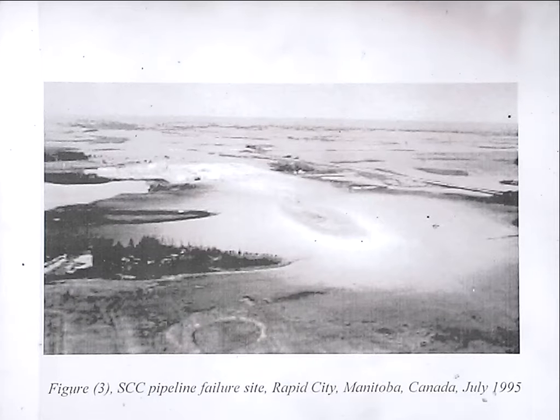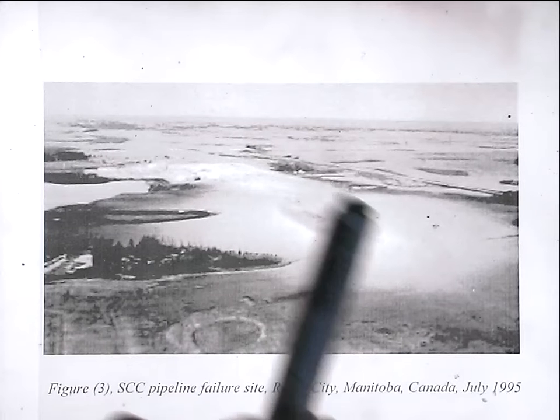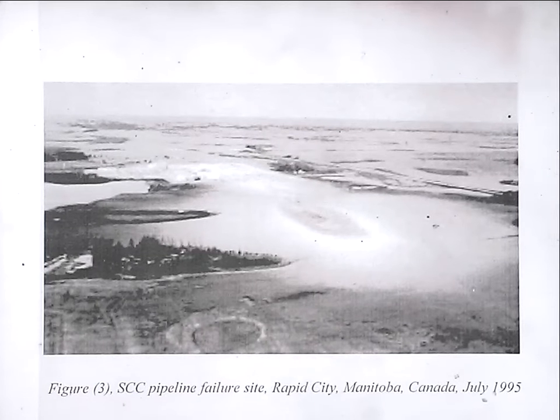In the mid-80s, there were 3 failures of the pipe without explosions due to transgranular stress corrosion cracking, cracks running through the grains. And quite often, if the cracks are running through the grains, not always, but quite often, that suggests a mechanically dominated attack. They then had a couple more failures in the early 90s, and then this explosion in 95. And that kicked off a whole lot of research and questions about monitoring pipelines, oil pipelines for safety.